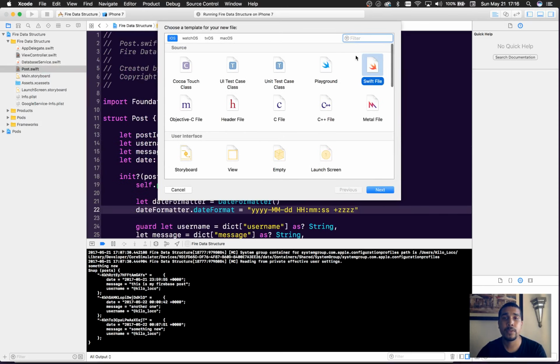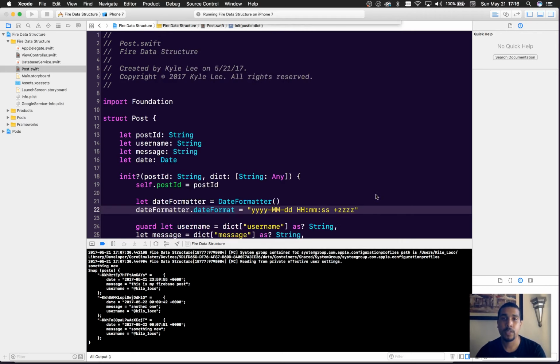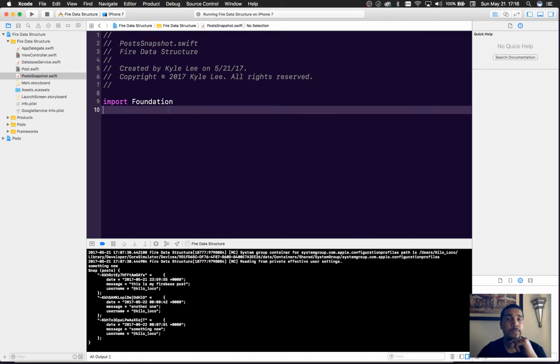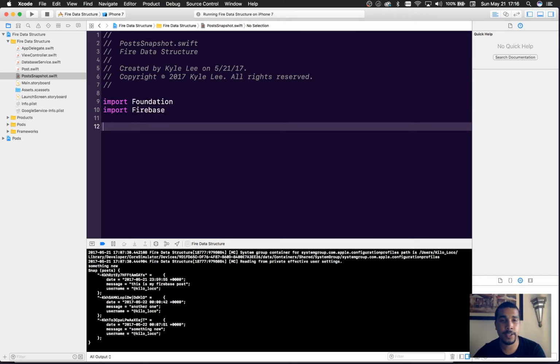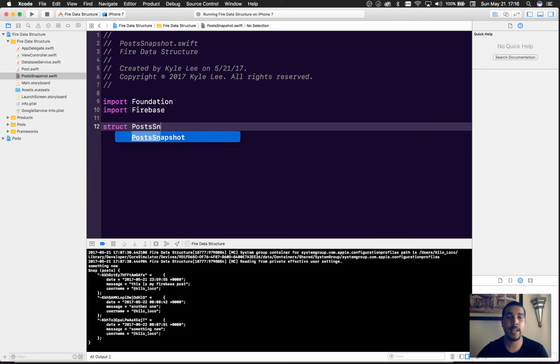So we'll do new file, and this will make more sense when I actually get done with it. I'm sorry, guys. Posts, and we'll just call it PostSnapshot. Good abstraction. Remember, I told you abstraction is a big thing over here, so you gotta be ready to do some abstraction. And then for this, when we create this object, we're actually gonna need Firebase, because we're gonna want to take in that snapshot and just convert it into a model. So struct, and this will be PostSnapshot,